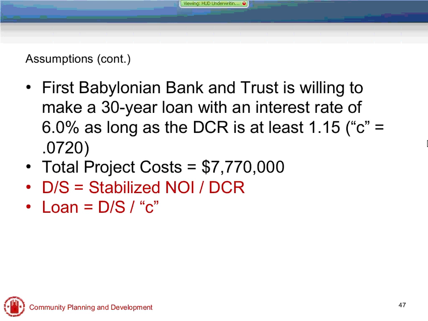And just so that if you guys can't flip back and forth, in case you didn't get a chance to calculate the stabilized NOI, I'm going to type that in here to the chat area. 193,170 is our stabilized NOI. And remember, that's what we use to determine our loans. I'll give you a minute to do this part.